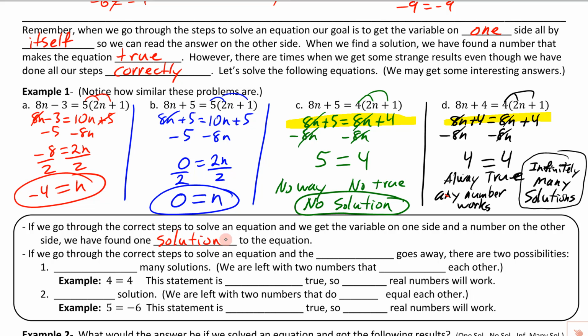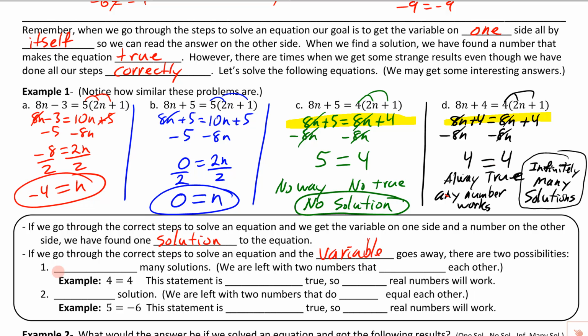Now, there are some times where we run into some unique situations. If we go through the correct steps to solve an equation and the variable goes away, the variable disappears, so write variable right here. So in other words, there's not a variable left anymore, like happened here. There was no variable on this side and no variable on that side, and same thing on this last problem. Okay, if that happens,